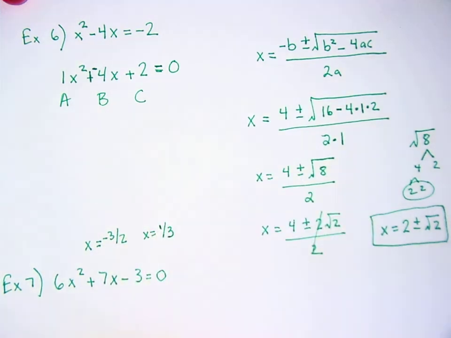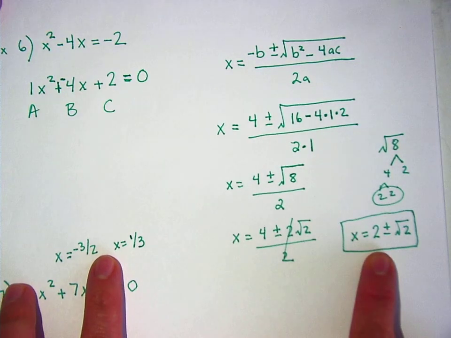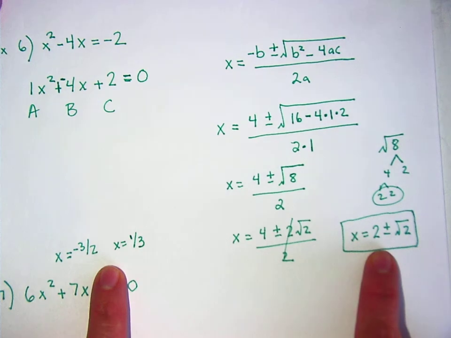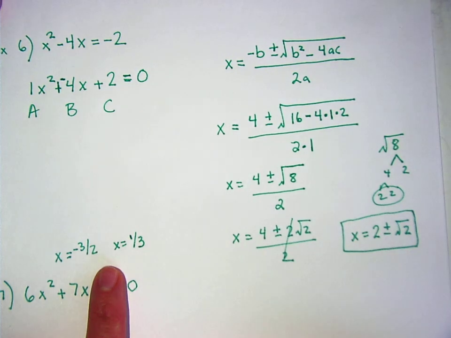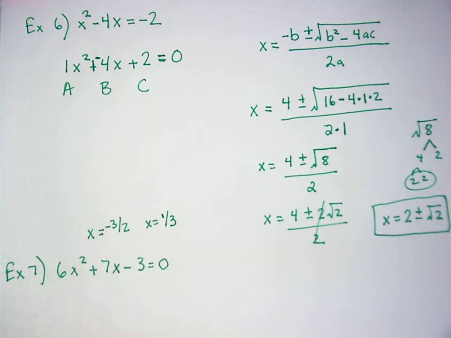And if you're wondering, how do you get 2 answers out of a problem like this? The plus or minus. If you wanted decimals, it would be 2 plus the square root of 2 and 2 minus the square root of 2. Okay? So anyway, they end up being whole numbers here where it ends up being negative 3/2 and positive 1/3. So instead of